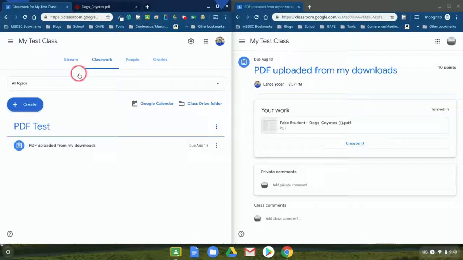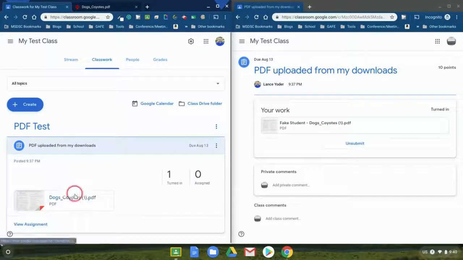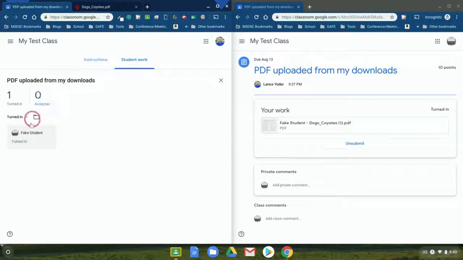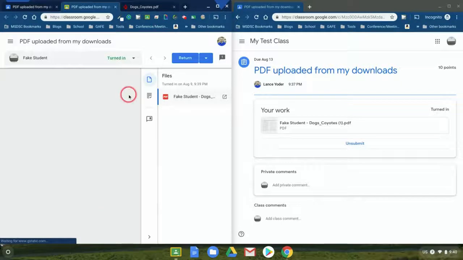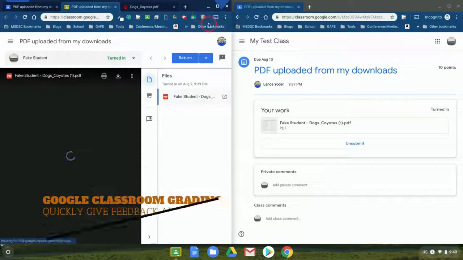Now that I'm back to seeing my teacher screen as well as my student screen, I'll look at the assignment as a teacher, and I'll see that one is turned in. Click on the student article here, and I can see in the grading tool, let me expand this out for you,